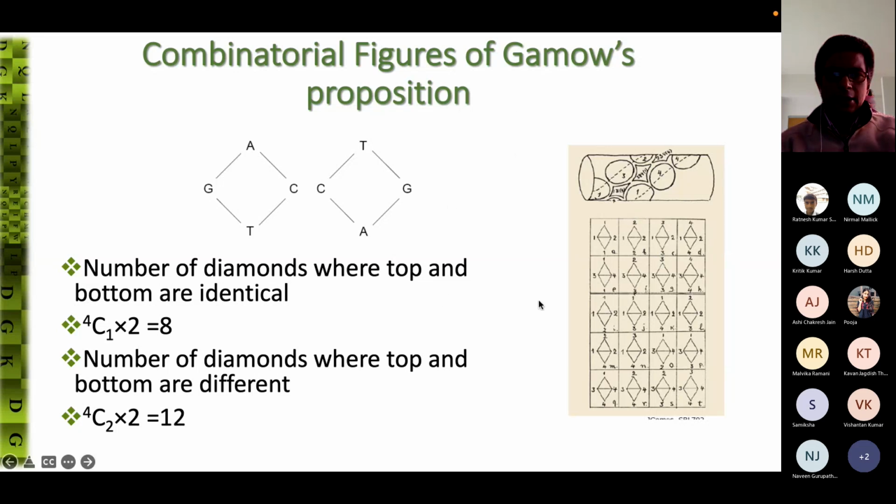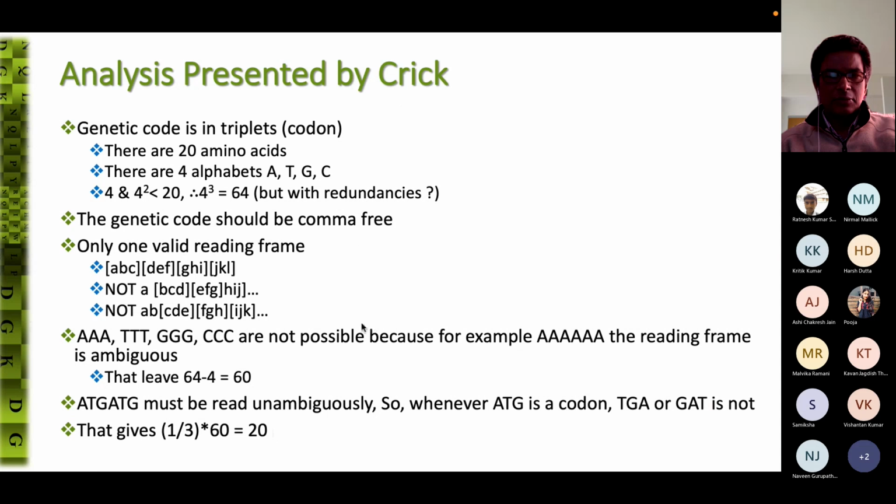Gamow made this proposition that if you had the top and bottom being identical, like A and A, T and T, then CG could have 2 orientations. So based on those 2 orientations multiplied by 2, and you could choose any one of this pair by 4. One of this position, because if one is fixed, the other one is already fixed. Then 4C1. And if the number of diamonds at the top and bottom were different, then it becomes 4C2, and it's all options. So that gives those 20 amino acids that he was looking at, and he thought that he had this whole thing in his bag. But